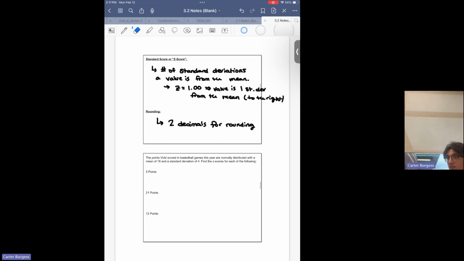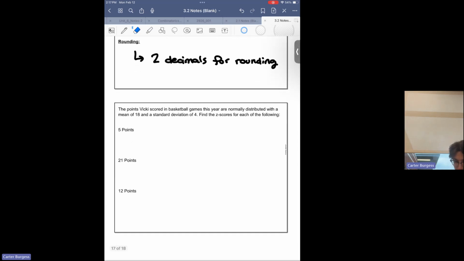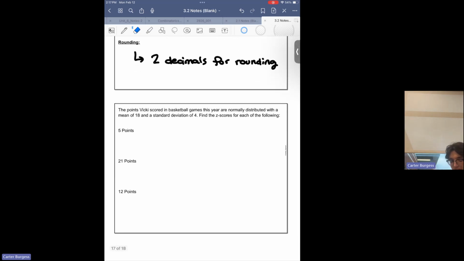There is a formula for this. We are going to come back to that formula. I want to do this intuitively first, and then I want to show you guys that the formula, in fact, is doing exactly what we are saying that it is doing. So let's take a look at this example here. We are trying to give in a normal distribution, assuming we have enough points to have a normal distribution, given this mean, given the standard deviation, we're trying to figure out the z-scores for these particular point values, for these particular scores.